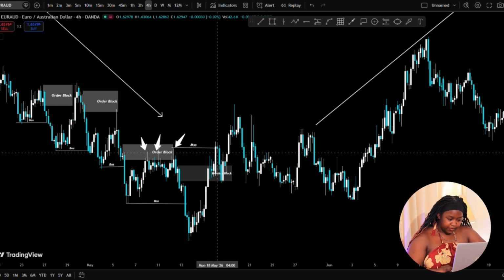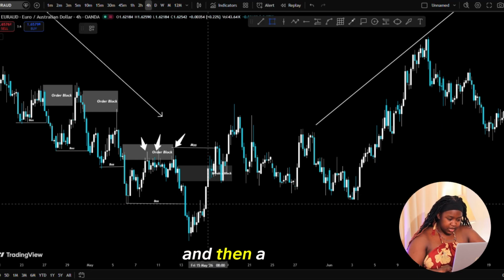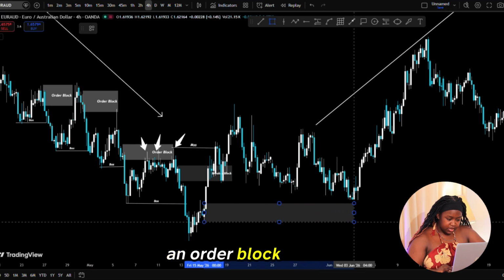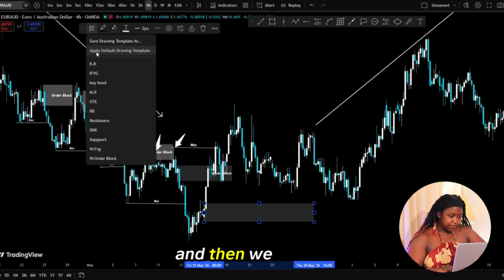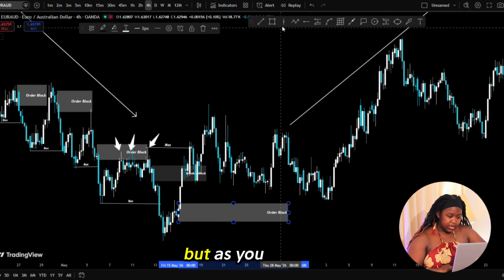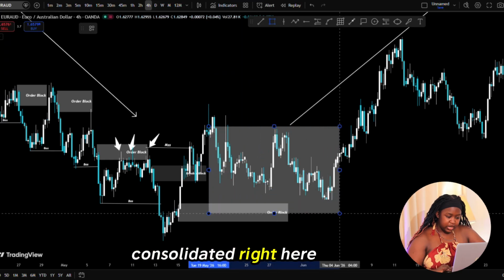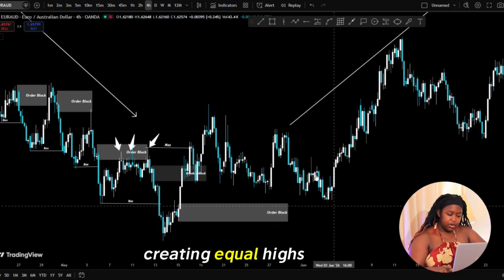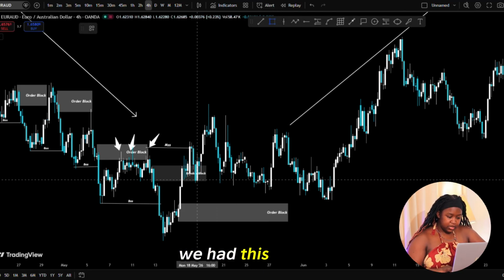So there we had a market shift, and then a key level down here, an order block that we were waiting for price to mitigate, and then we target buys. But as you can see, price consolidated right here because it was creating equal highs and equal lows. So from here we had this